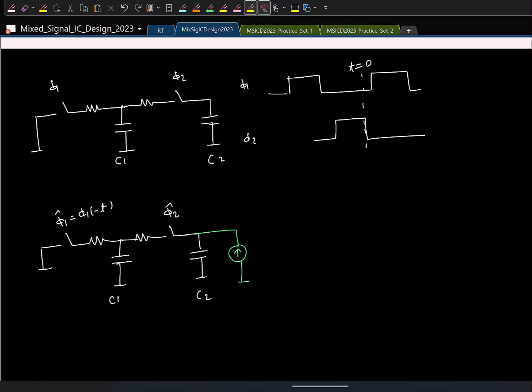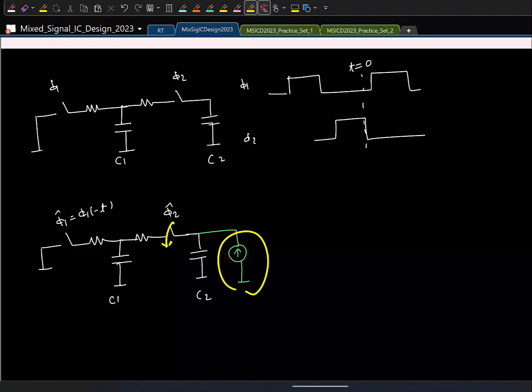Now again, irrespective of whether the switch is closed or not, if I apply an impulsive current at t equal to 0 plus, where will the current flow? To the capacitor, right? Now remember that even if the switch is closed, we have a resistor here that will provide a very large impedance compared to the capacitor. Loosely speaking, the capacitor acts like a short circuit for instantaneous changes, right? For high frequency current, it acts like that. So at t equal to 0 plus, what is the voltage? Let's quickly do 1 by C2, right? So energy in this network is